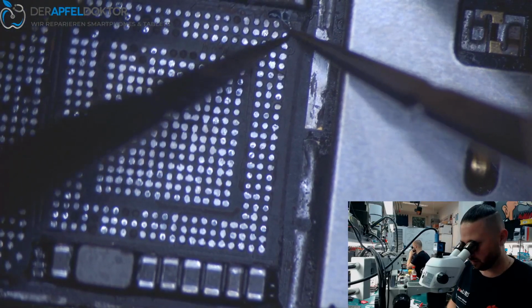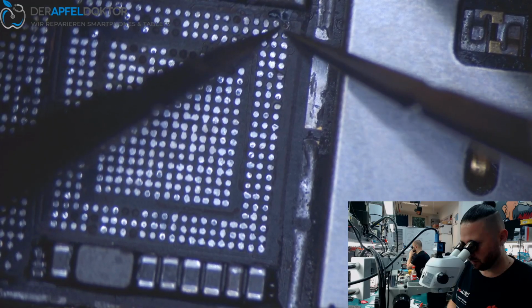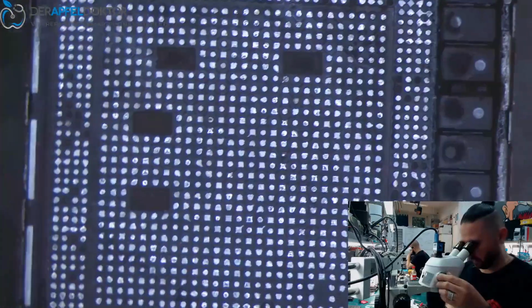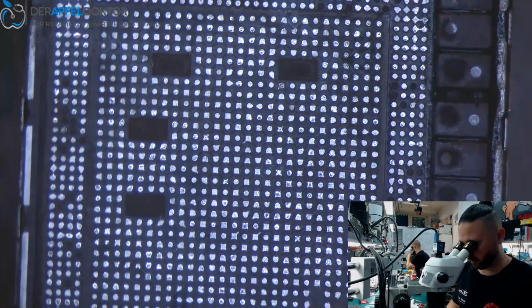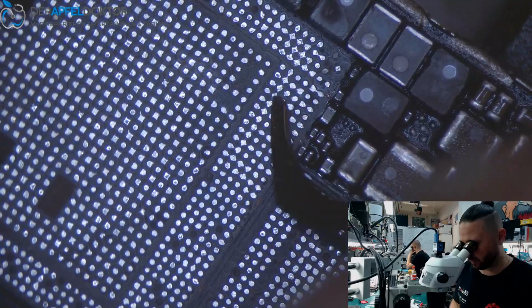So. And now we have a perfect pad again here. Okay? So, this looks pretty good. Area here looks good too. Always be sure that the pads are flat. Now I just want to see for the value. And the value is fine,